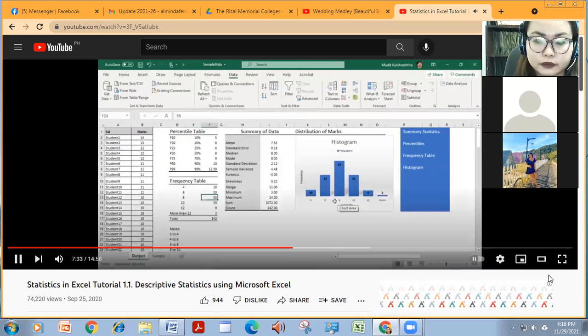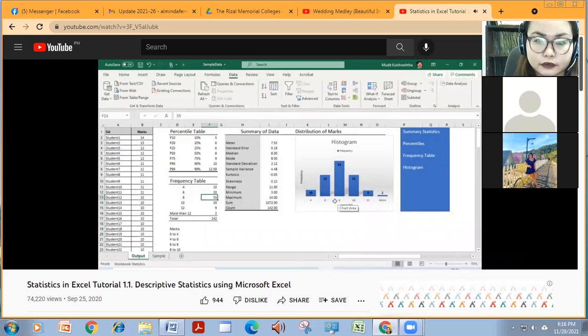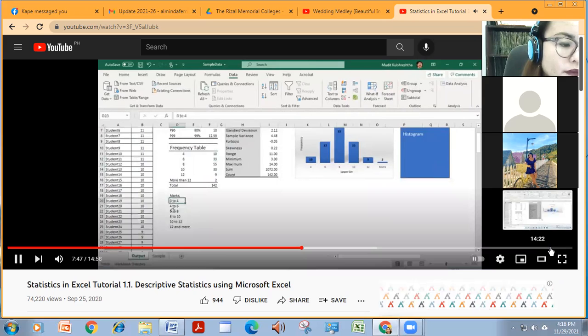It immediately gives you the idea as to how these students are distributed. Or if this data was on sales, you will get the idea, by salesperson, how salespersons are doing in terms of performance of sales in different buckets. So the first thing to computing frequency table is that you need to specify these buckets: 0 to 4, 4 to 6, 6 to 8, 8 to 10, 10 to 12.